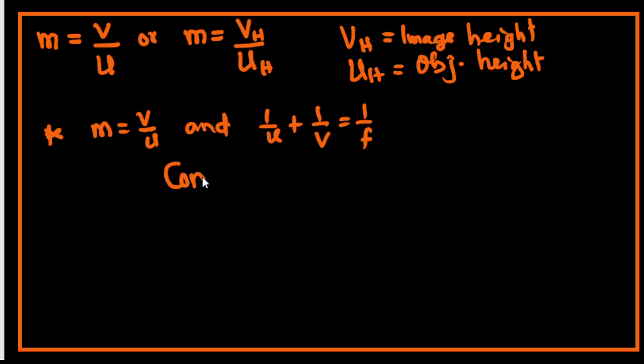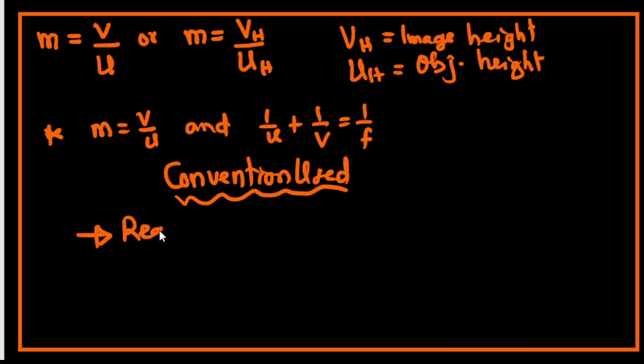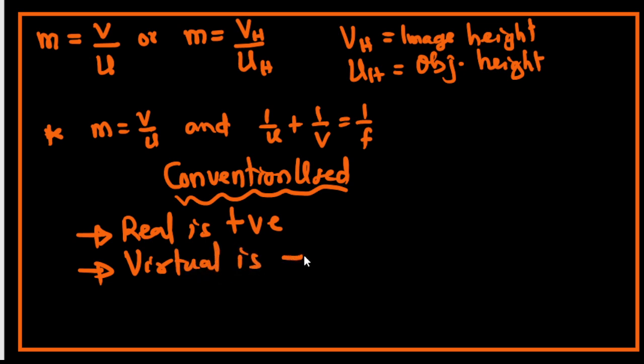So the convention you are going to take note of, the convention used. Just note that real is positive, virtual is negative. So I repeat, real is always positive while virtual is negative. Now what do I mean by that? Okay, for example, for v,